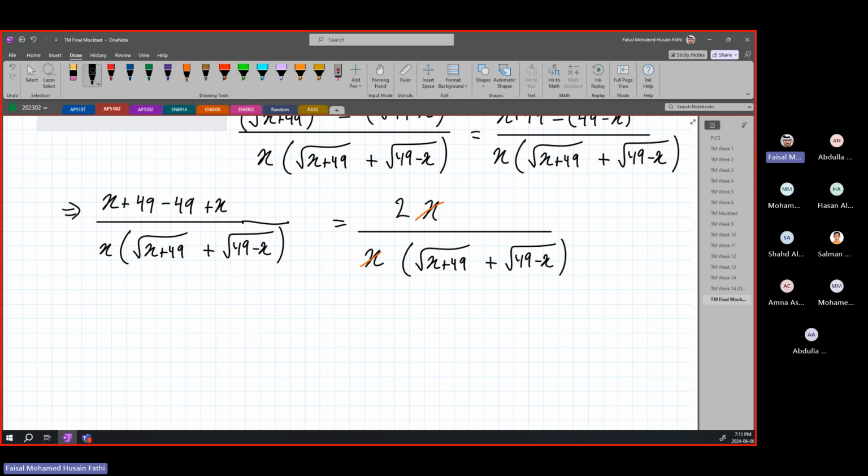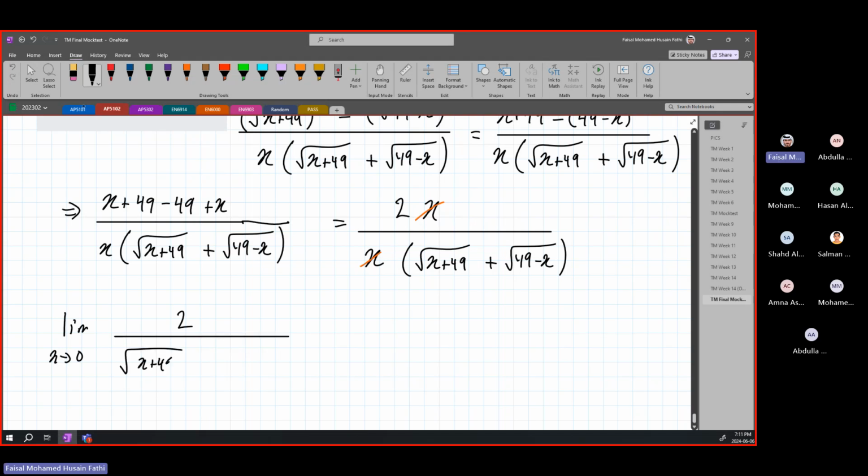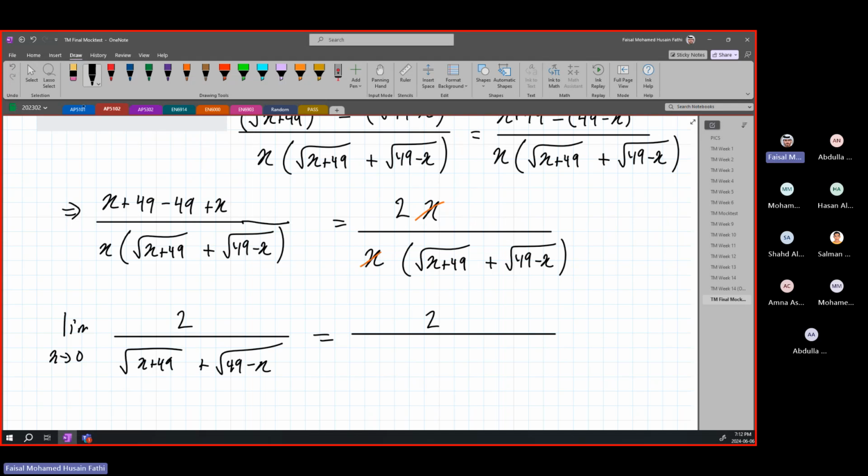And now we can apply the limit. So it's going to be the limit as x goes to 0 of 2 over the square root of x plus 49 plus the square root of 49 minus x, which is equal to 2 over, if we substitute 0, square root of 49 plus the square root of 49. Remember that the square root of 49 is just 7, plus 7, so it is 2 over